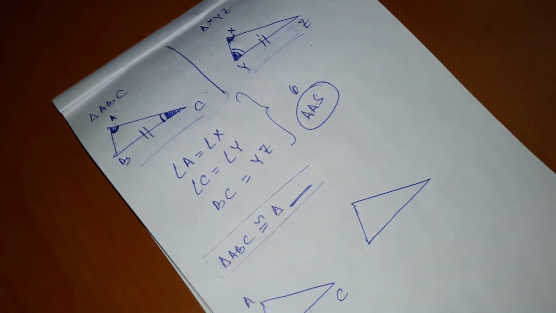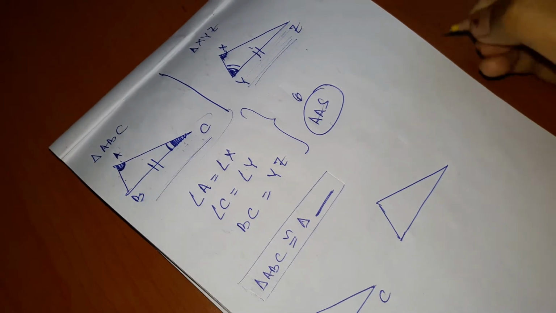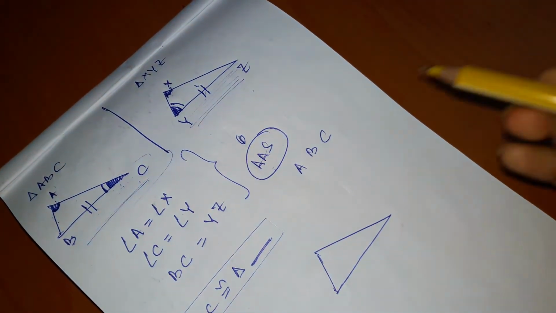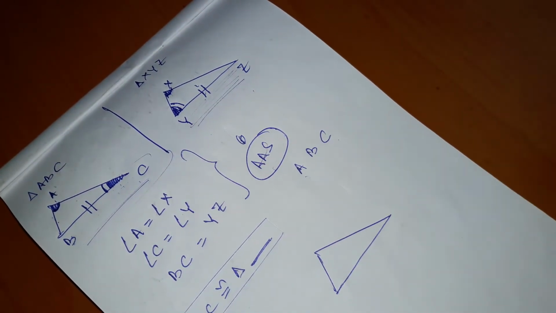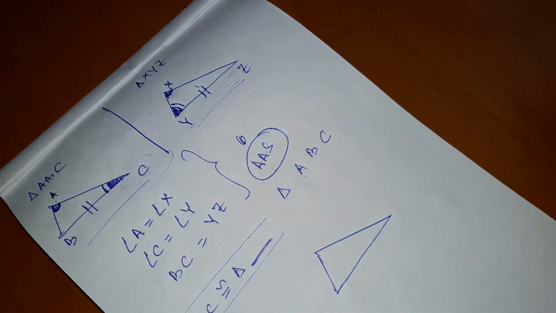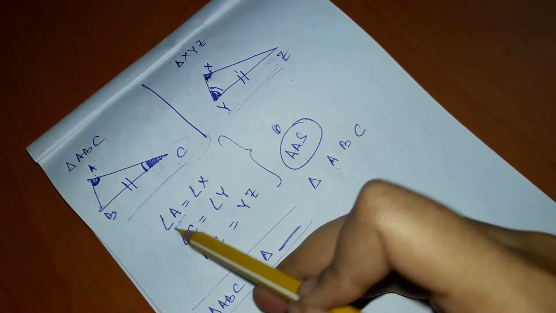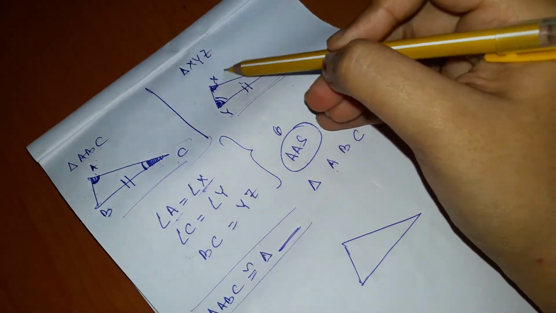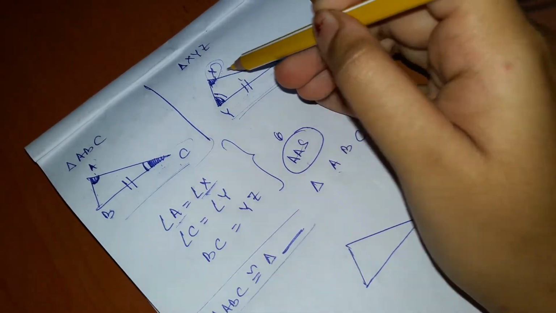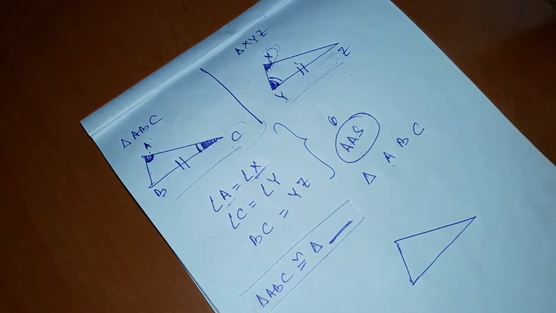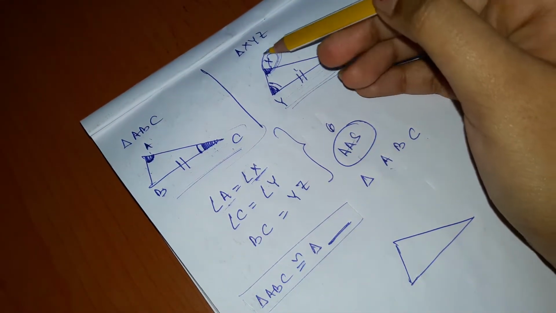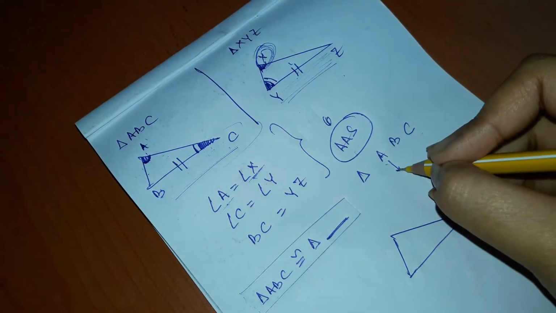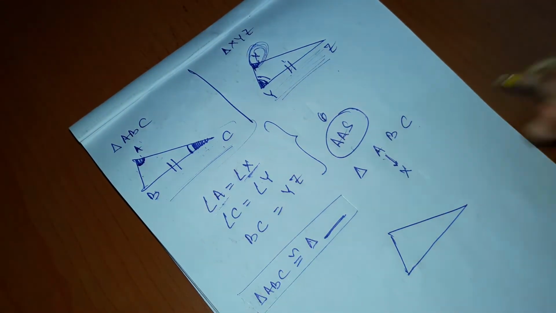We can use a shortcut. Now what is the shortcut? Look here. ABC. We are simply writing the three vertices of the first triangle, triangle ABC. Now we are given that angle A is equal to angle X. It means that vertex X will be superimposed on vertex A. For congruency, this vertex X will be superimposed on A. It means that beneath A I can write X.